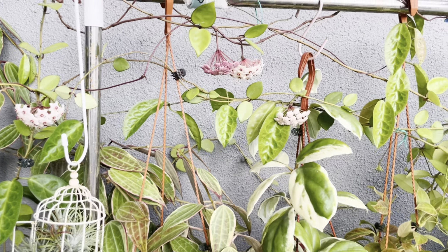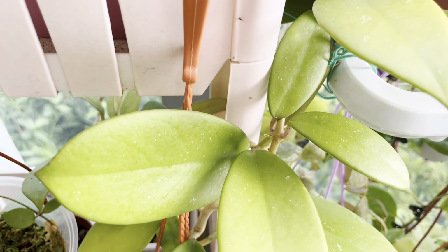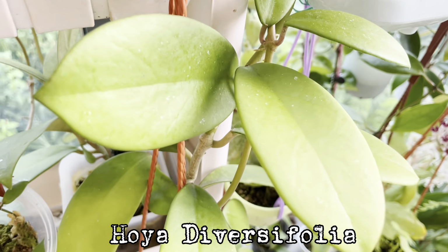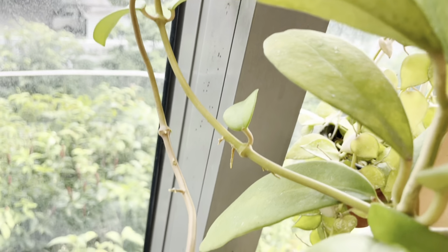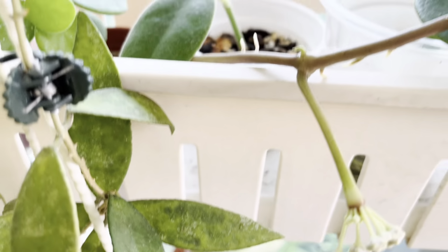I would like to share as well my diversifolia here. It's quite a big plant. This one is a native of Singapore. It actually has a long vine. You can see it's very long here, and it is also